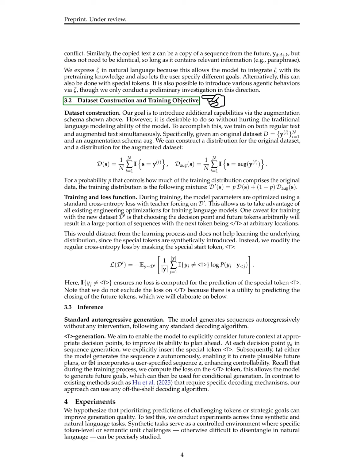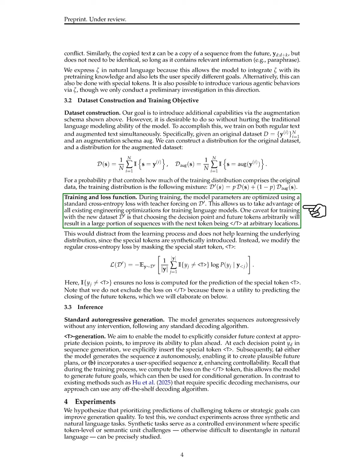Regarding dataset construction, our aim is to enhance capabilities through the augmentation schema without compromising the model's traditional language modeling skills. We achieve this by training on both original and augmented text simultaneously. Given an original dataset D and an augmentation schema, we create distributions for both the original and augmented datasets. By controlling the probability P, which determines the proportion of original data in the training distribution, we form a mixture of the two datasets. During training, we optimize the model parameters using a standard cross-entropy loss with teacher forcing on